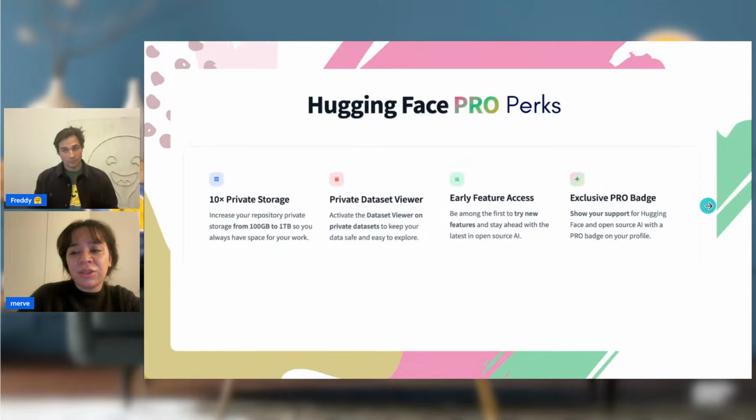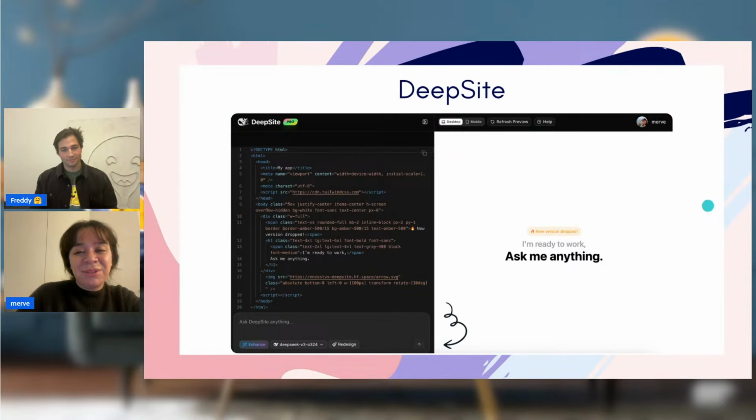And as far as I know, you would get 6 months of Pro with this event, free trial. And also you can have access to very cool apps, unlimited, like DeepSite, for instance. Normally with DeepSite, you have up to 3 projects, but with Pro, you have more.